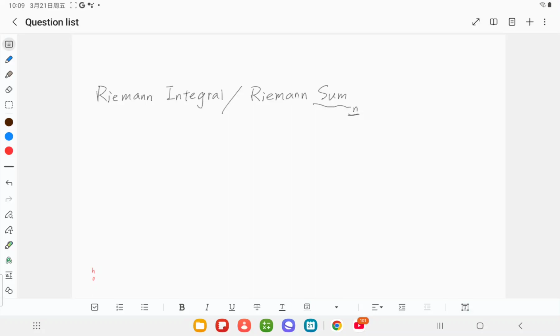Hello, so today we're going to talk about Riemann integral and Riemann sum because I noticed that the definition or the concept appeared in the question list that was shared by the principal in class A section in the Google Classroom. So I'm not sure if section B already covered it, but I think it'll be great to illustrate it